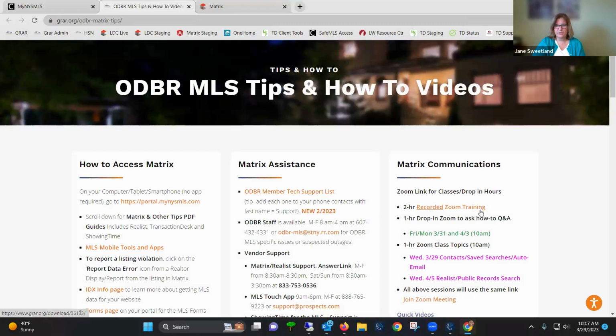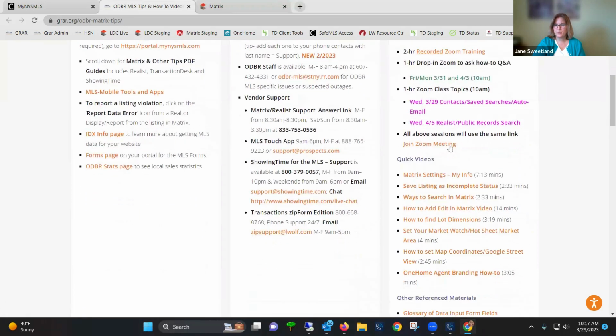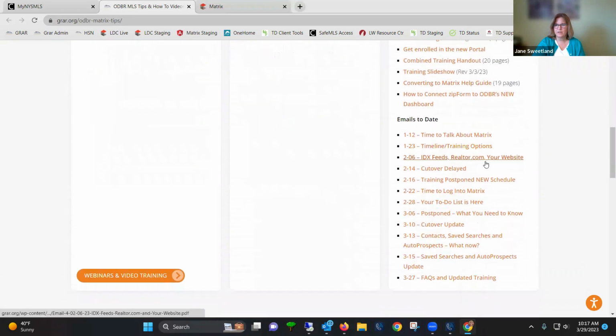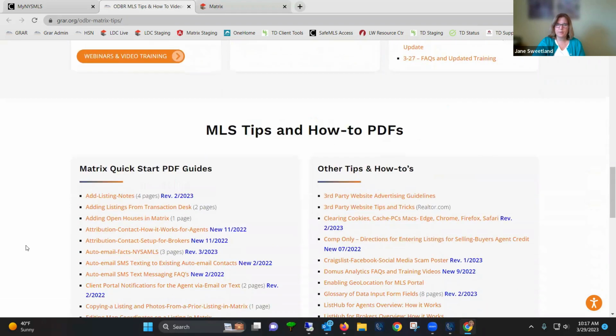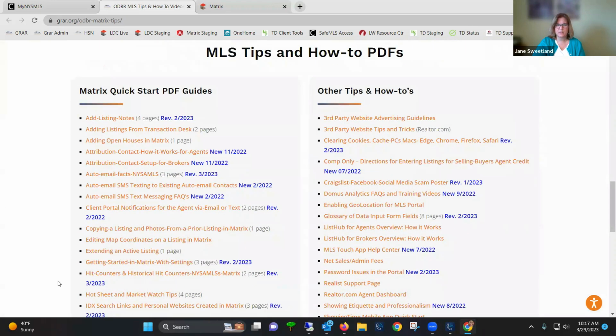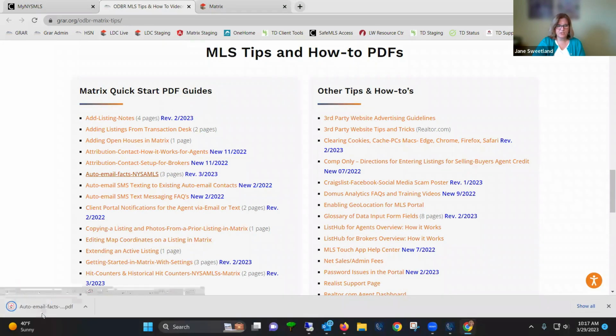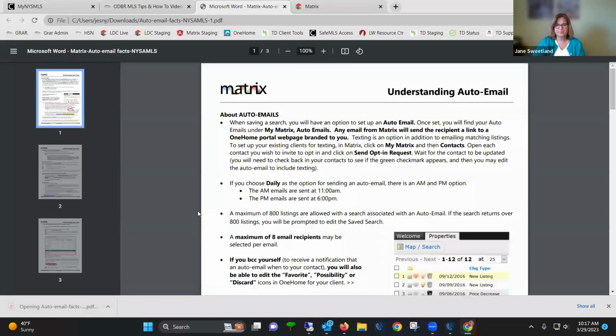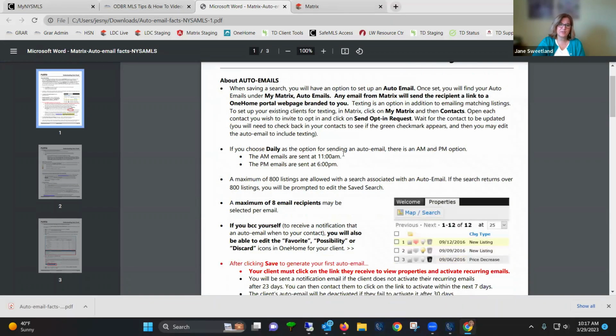And at the top, you may have come in here and all the communications we've been doing about Matrix are here. After that, there's a whole bunch of PDFs about Matrix. This one's called Auto Email Fax. And so it's 3 pages. I'm just going to open it real quick for you. And it explains every single thing